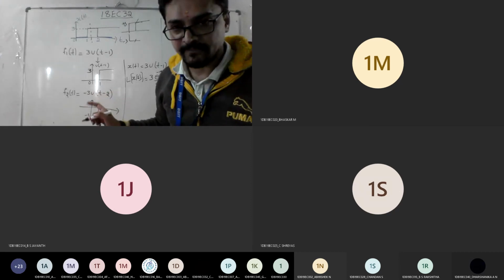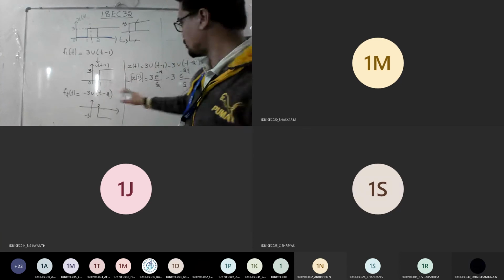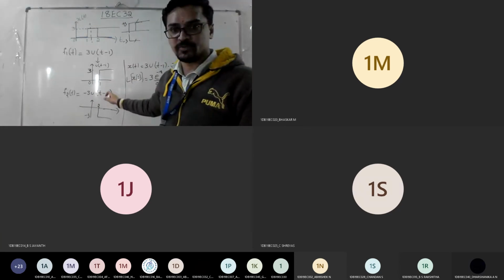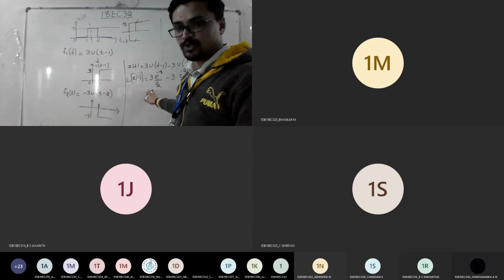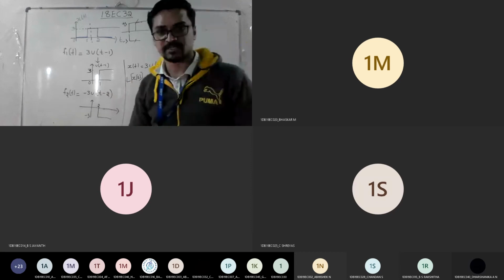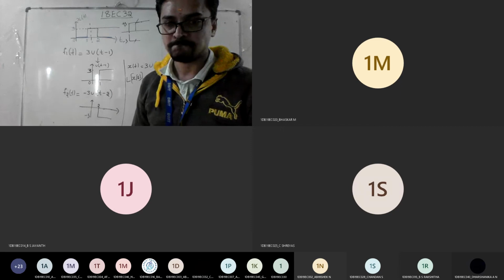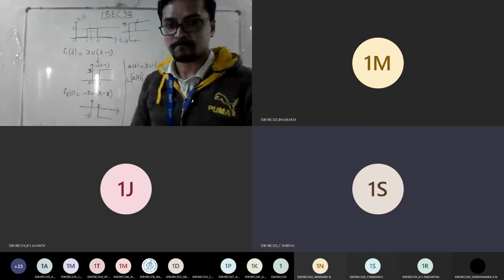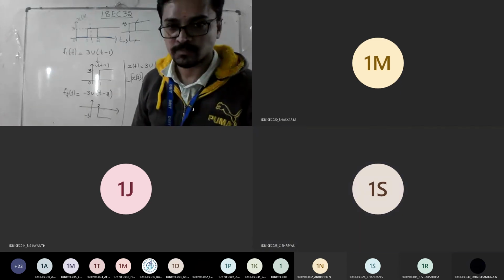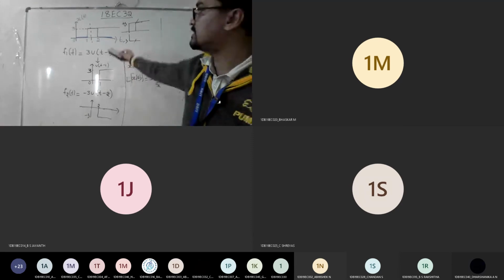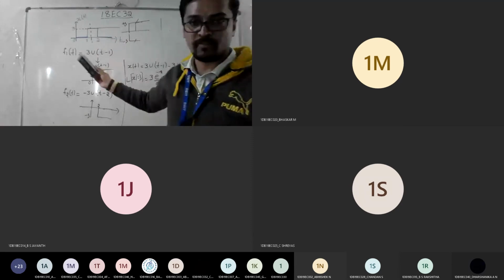Any doubts? Anyone till here? So this is the conclusion. For this waveform representation, you may get 4 to 5 marks and 2 marks for Laplace. Totally, 7 to 8 marks for this problem. I hope you understood now. Yes or no? Yes, sir. Good.